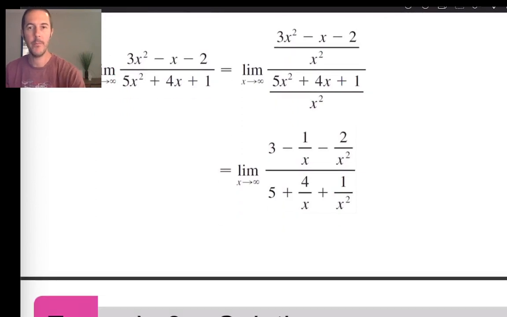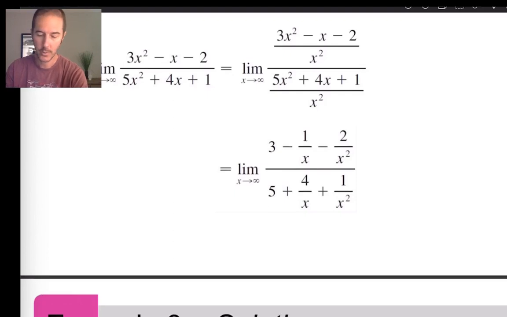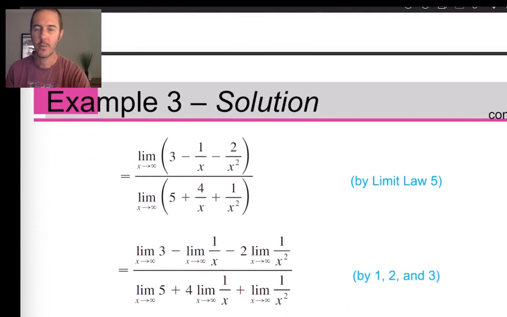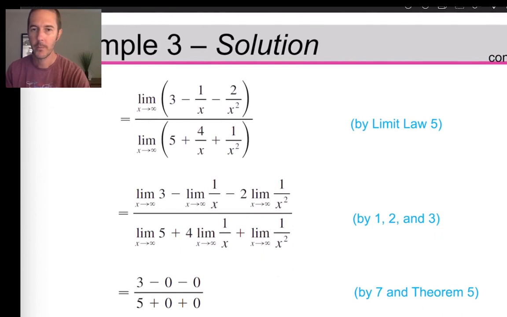Why did we do that? Because now, using properties of limits that we've already seen, we can take the limit that's being applied to this rational function, fractional function. We can distribute the limit statement into the numerator and the denominator, and then we can distribute to each of the terms in the numerator and each of the terms in the denominator, and evaluate each one of those limits independently. So here's that first step. By limit law 5, we're distributing to the numerator and denominator, and then by limit laws 1 through 3, we've distributed over addition,